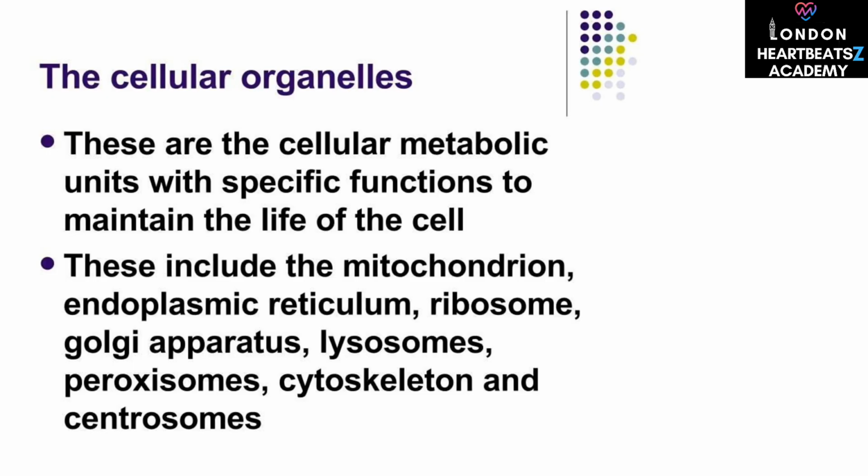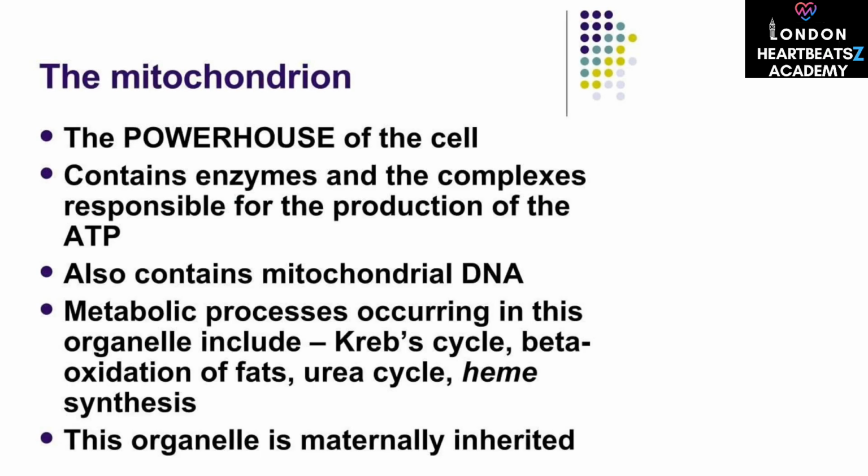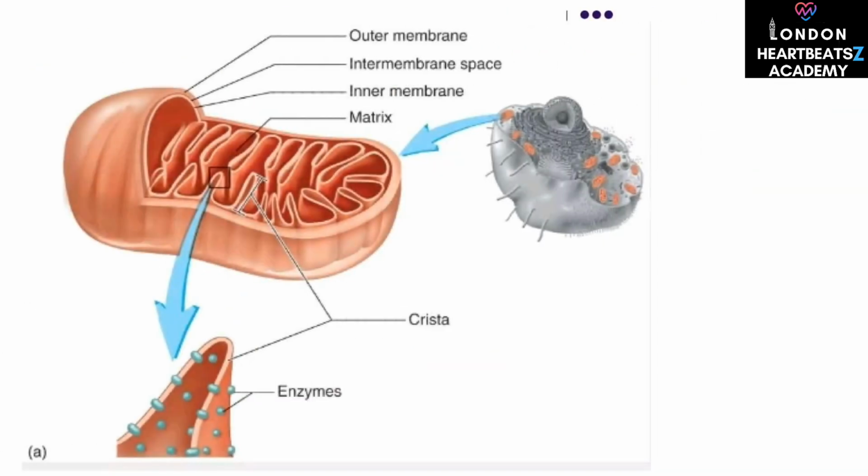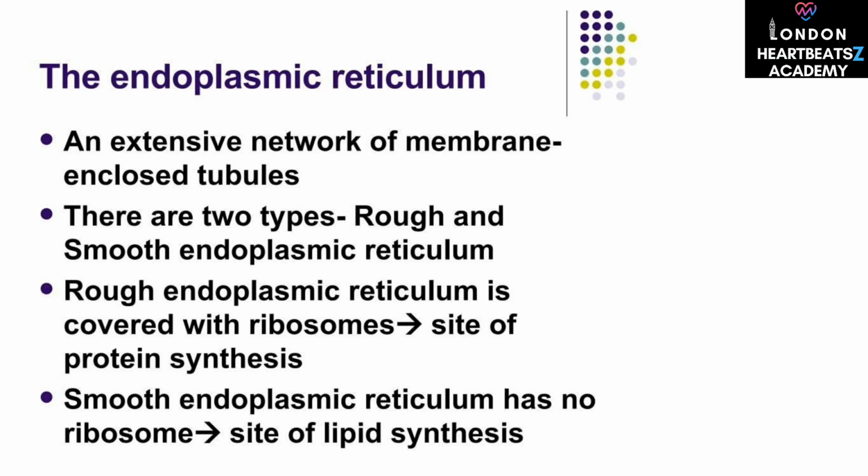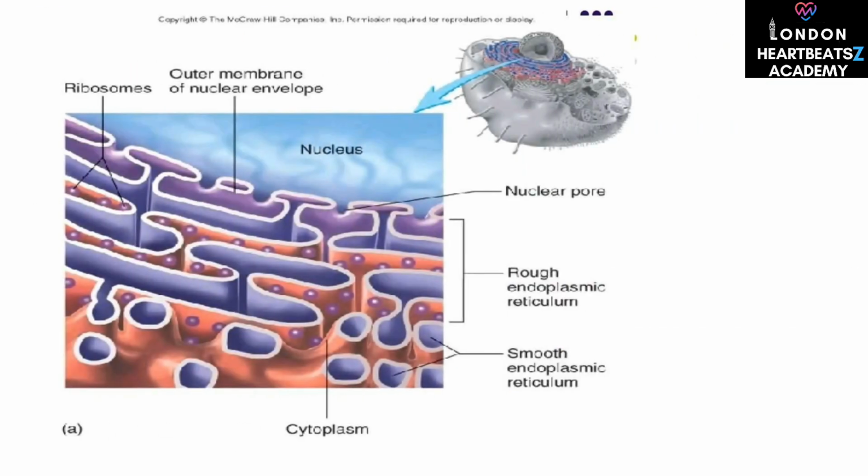Cellular organelles are the metabolic units within the cell, each with specific functions essential for maintaining cell life. These organelles include the mitochondrion, endoplasmic reticulum, ribosomes, Golgi apparatus, lysosomes, peroxisomes, cytoskeleton, and centrosomes. The mitochondrion is known as the powerhouse of the cell, containing enzymes and complexes vital for ATP production. It also contains mitochondrial DNA and is the site of key metabolic processes like the Krebs cycle and beta oxidation of fats. This diagram provides a visual representation of the mitochondrion, highlighting its outer and inner membranes, intermembrane space, matrix,